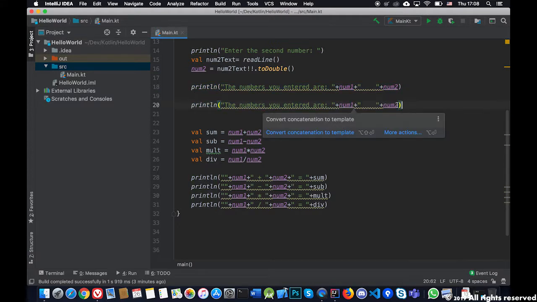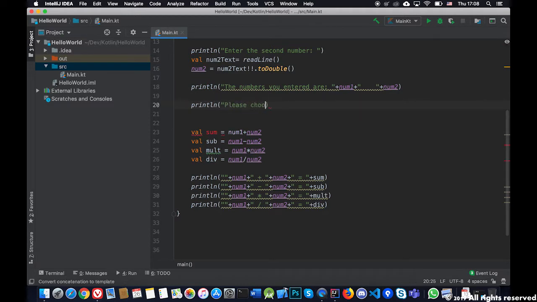Okay, let's put it like this. Please choose the number of the operation you want to execute. So then we'll print 4 options